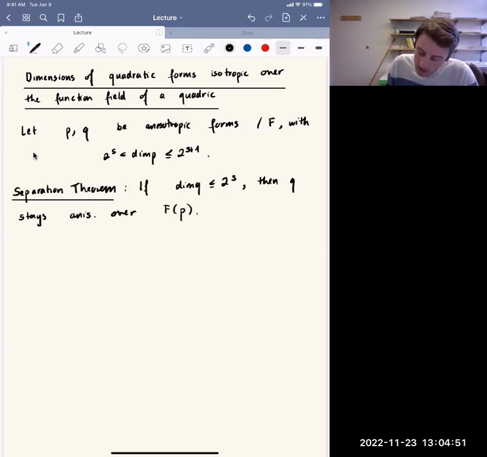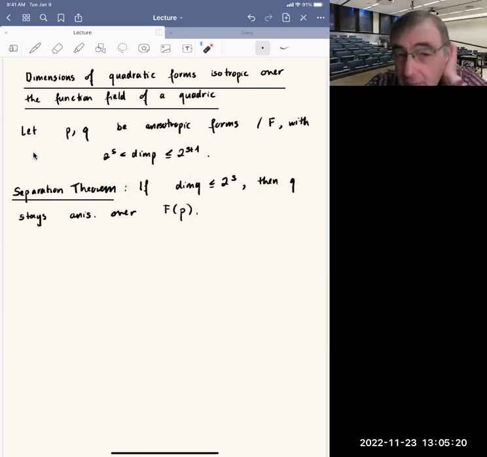Geometrically, what that's saying is that if you have a rational map between two anisotropic quadrics, then the dimension of the first quadric can't be much bigger than the dimension of the second one. And exactly what that means is made precise by this inequality here. Nowadays, there are lots of explanations for this result, some of them very general. For example, it's a consequence of a general degree formula for rational maps between varieties due to Markus Rost. But